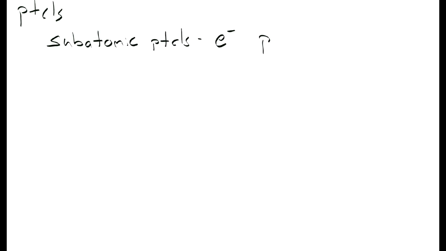Next up, let's talk about our particles. I've been talking about particles a lot. Let's talk about some of those particles. We have, for example, subatomic particles. Those are going to be your electrons, your protons, and your neutrons. And that is how I tend to write those, just because it's a lot faster and it saves space: E- for electron, P+ for proton, N0 for neutron. And subatomic particles go together to make